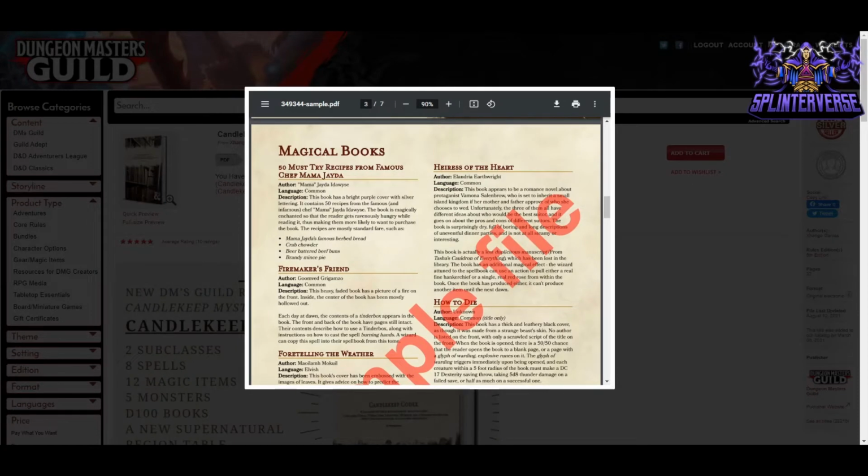It's by Alandra Earthright. It's written in Common. It says this book appears to be a romance novel about protagonist Vemona Salenbro, who is set to inherit a small island kingdom if her mother and father approve of who she chooses to wed. Unfortunately, the 3 of them all have different ideas about who would be the best suitor, and it goes on about the pros and cons of different suitors. The book is surprisingly dry, full of boring and long descriptions of uneventful dinner parties, and is not at all